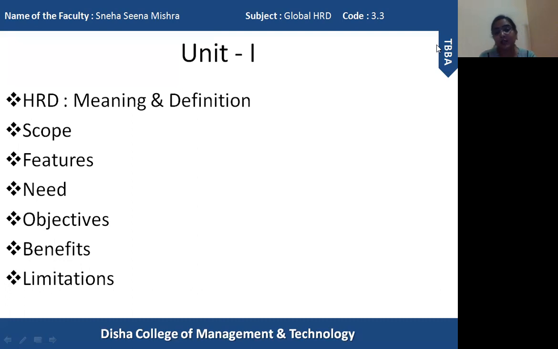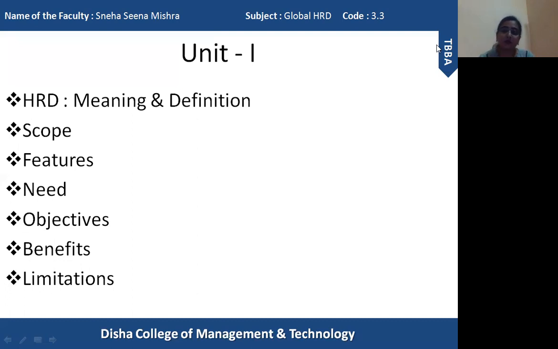Then comes the need for HRD. Why is HRD required in each and every organization? First of all, there are many factors which change very rapidly, whether it is technology, or the organizations becoming more and more complex, and the organization structure may also sometimes change. So keeping each and every aspect related to the organization as well as the external factors which influence the organization in mind, HRD becomes extremely necessary,